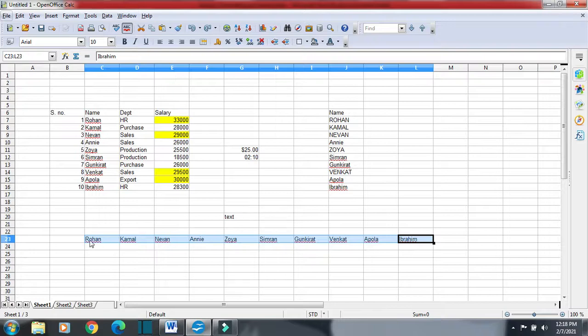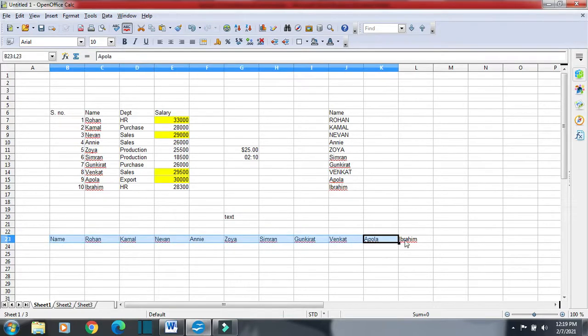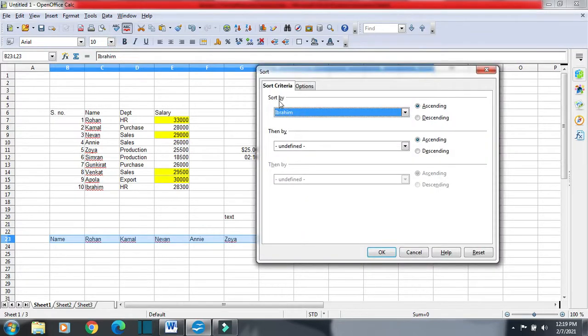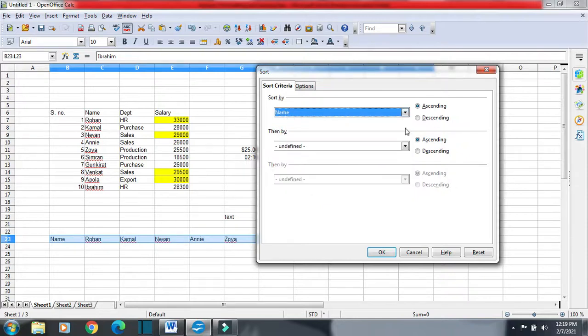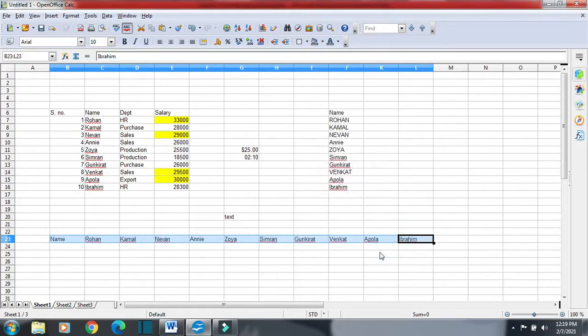It didn't get sorted because there was a mistake from my side. I have not given the sorting condition. So I am giving one condition, name, I am copying from here and then I am just pasting it here. I will select all of these. Okay, then I will go to data and then sort, and here I have to give sort condition. So sort by name in ascending order and then option and then left to right. Okay, then okay.